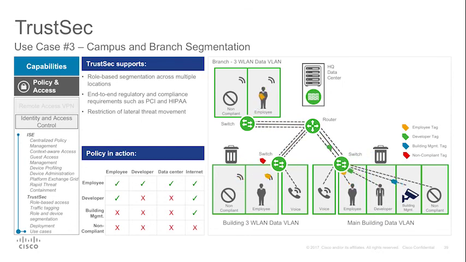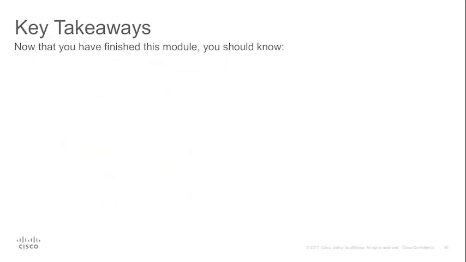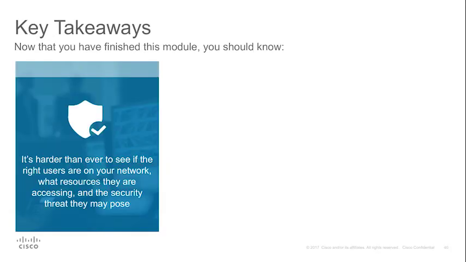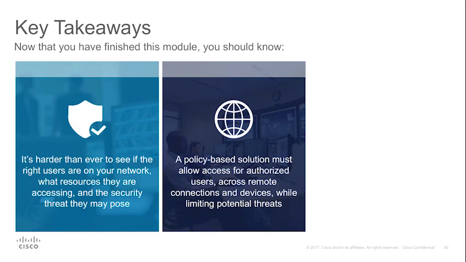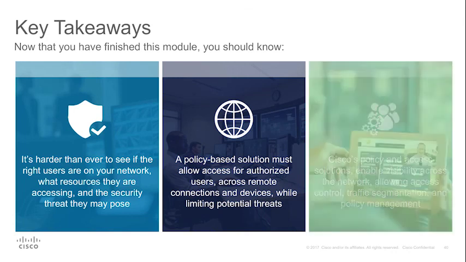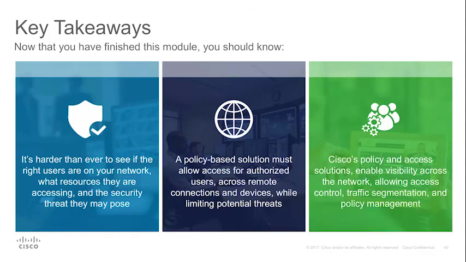Before moving on to the next module, let's review the key takeaways. Now that you've finished this module, you should know it's harder than ever to see if the right users are on your network, what resources they're accessing, and the security threat they may pose. A policy-based solution must allow access for authorized users across remote connections and devices while limiting potential threats. Cisco's policy and access solutions enable visibility across the network, allowing access control, traffic segmentation, and policy